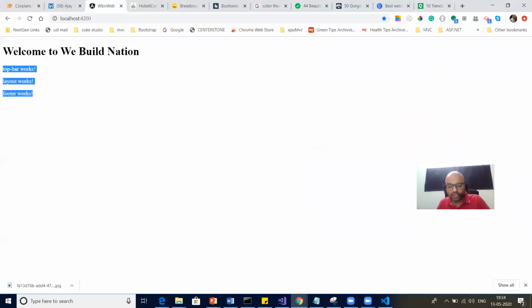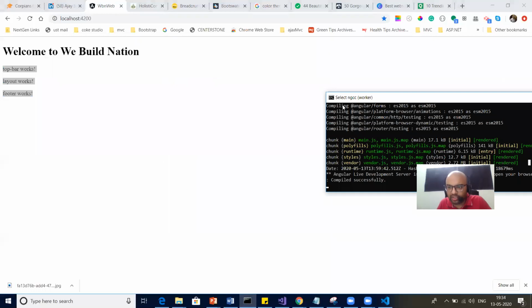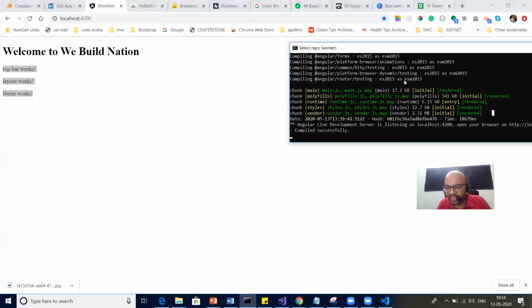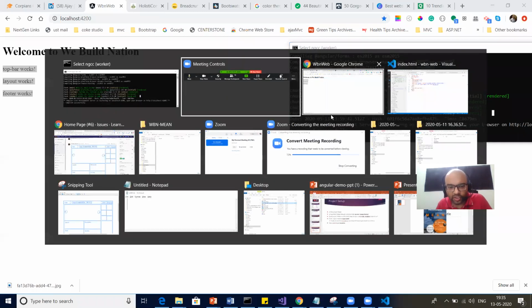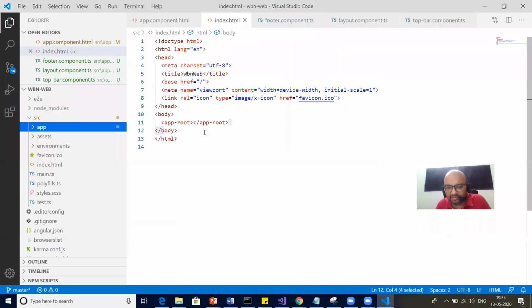Understood, guys? So all these bundles that the Angular framework has created will go inside. This will get attached to index.html dynamically. That is why when the page loads in the browser, you will see all the script files and style files there. But in the code, if you see your HTML page, it's very neat. Nothing is hooked.